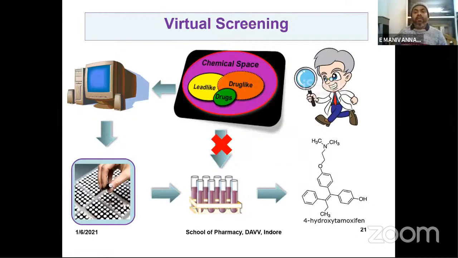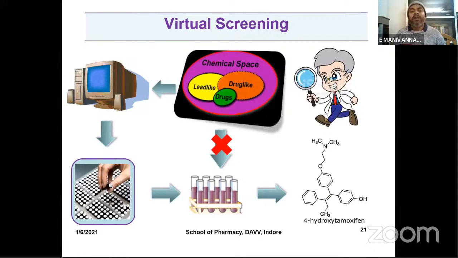So now you have the chemical space. Chemical space contains drugs, drug-like molecules, lead-like molecules. This you cannot screen against biological systems like in vitro, in vivo assays. So it is not at all possible. It will consume a lot of time and a lot of money, and nobody will do that. The screening of the entire chemical space against